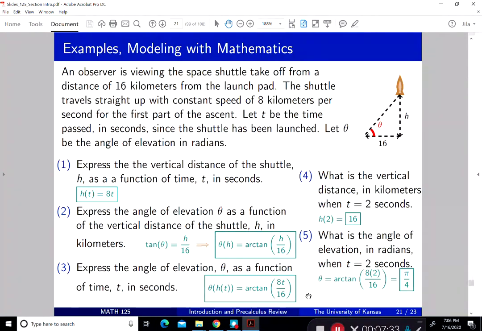This is how you calculate that rate of change in theta. Let's say someone with a camera is standing there trying to keep up with the shuttle. That person needs to know how fast theta is increasing, and that's how you figure it out in calculus. The calculus part of it is another technique, but